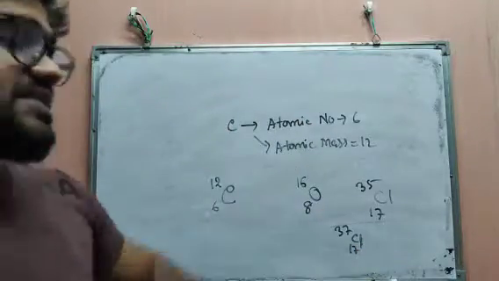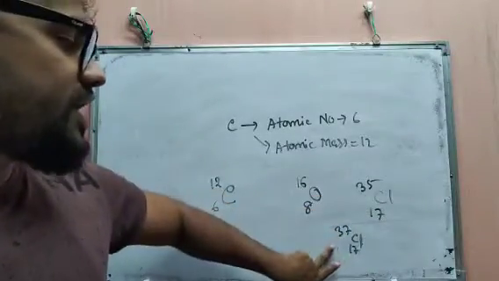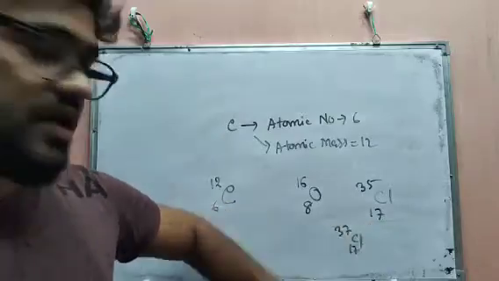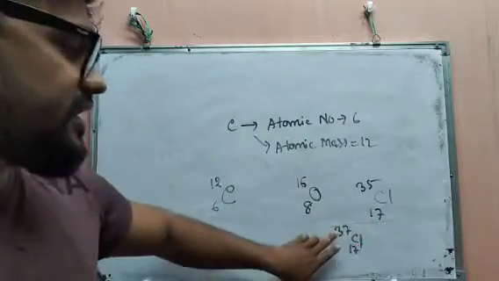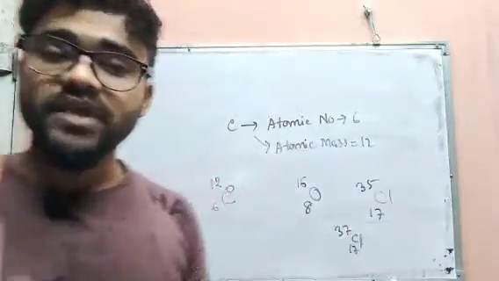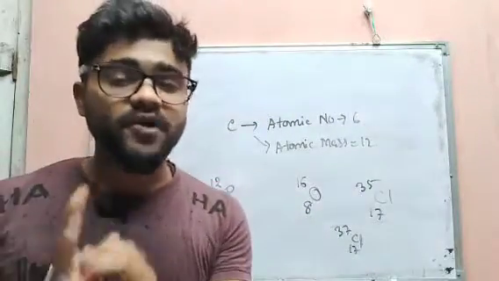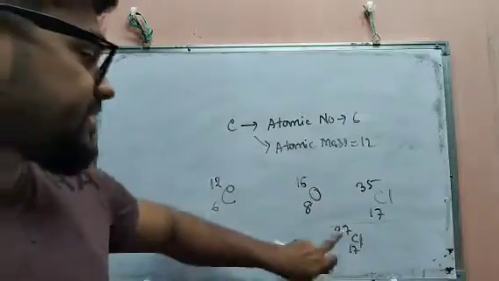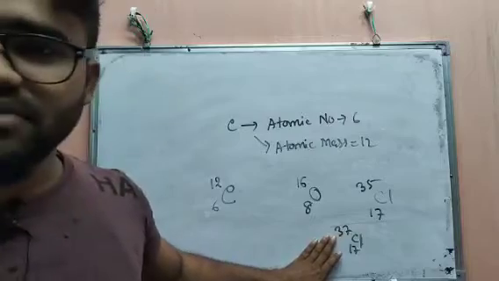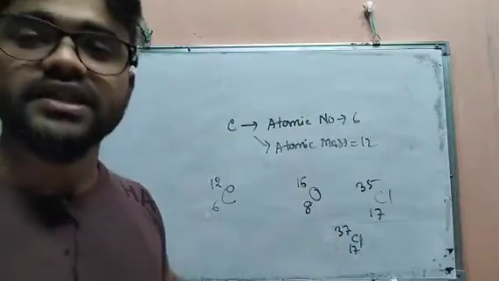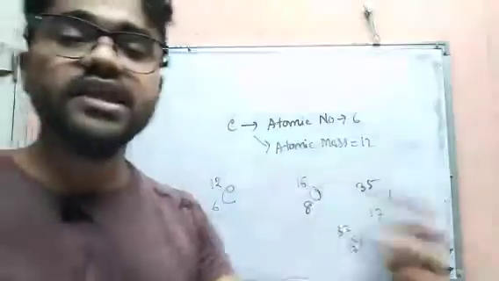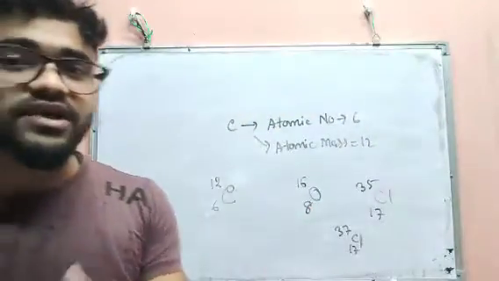In these two cases you can clearly say this is the atomic mass and this is the atomic number, but you can see that their atomic masses are different. Why is it different? Because I just told you that sometimes the number of protons and the number of neutrons may not be equal, and that is when these cases arise. So if you write the atomic mass of chlorine as 37, your answer will be correct. And if you write the atomic mass of chlorine as 35, again your answer will be correct. That means you can write both answers.